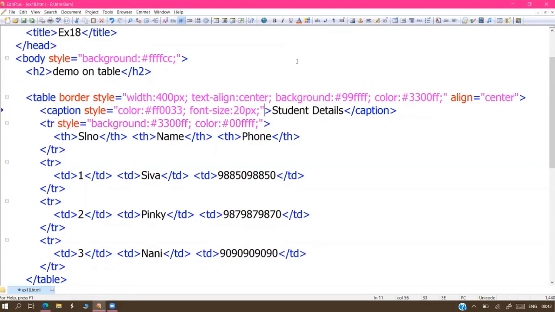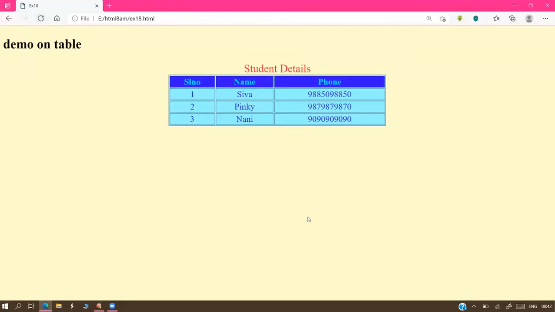So the student table caption has red color and 20 size font, the table has background and foreground color, and only the headings have a separate color again.